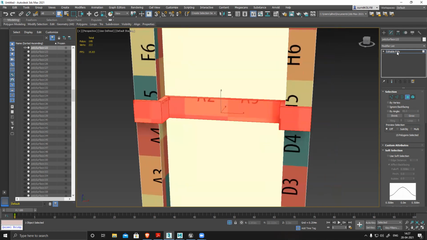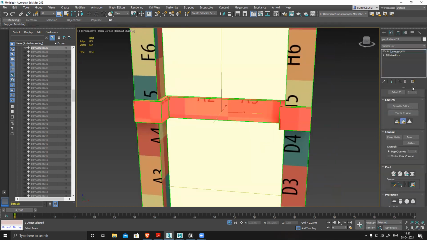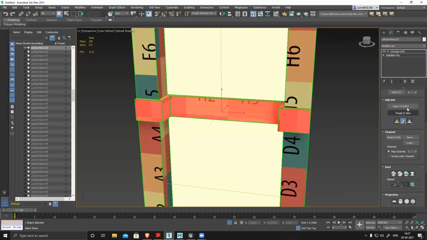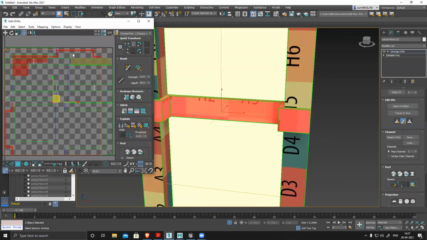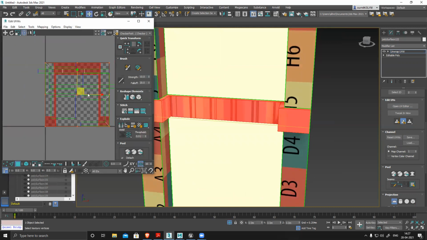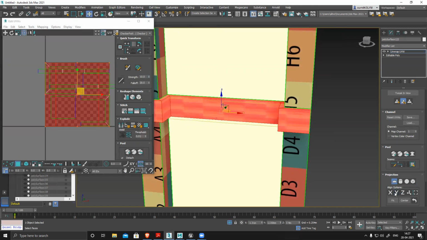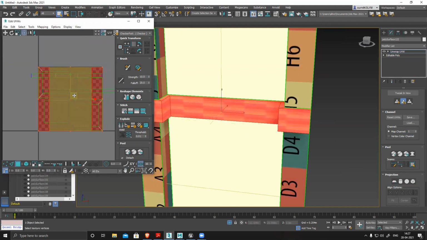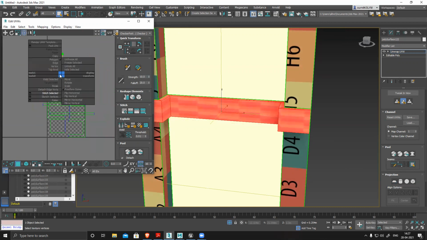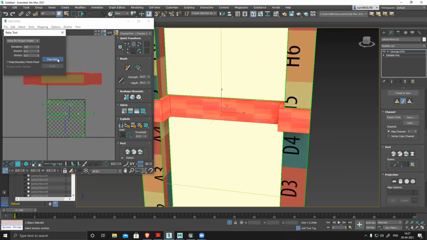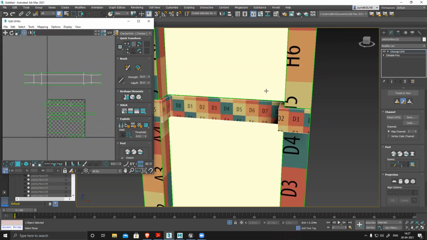Selected, go to UV. See that it retains the selection. UV editor. I can apply a planar on this and direction Y. Yes, Y is fine and fit. Relax, relax it. See, perfectly relaxed. Everything is unwrapped nicely and clean.